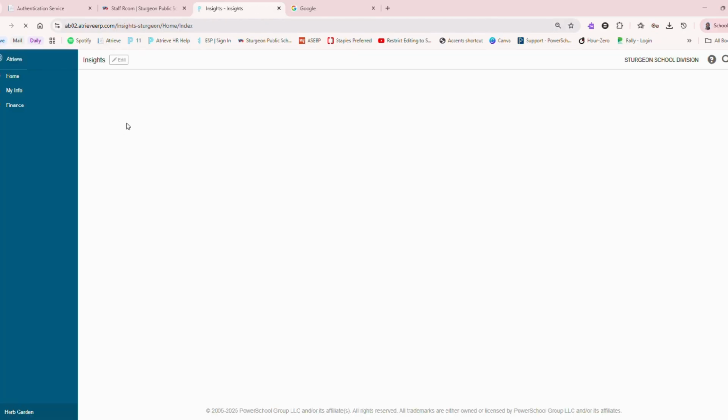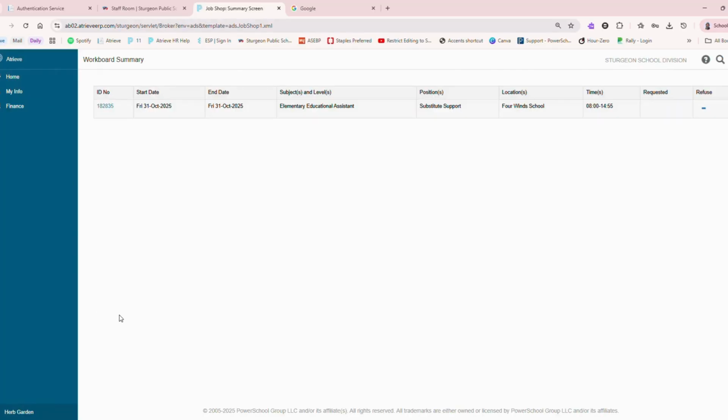And Herb is a casual, and he's going to look to see if there's anything on the workboard. So he's going to go into My Info, Time and Attendance, Dispatch and Workboard, and he's going to go to the workboard. And it appears that there is something available on the workboard for him to pick up at Four Winds School. So he's going to select that ID number